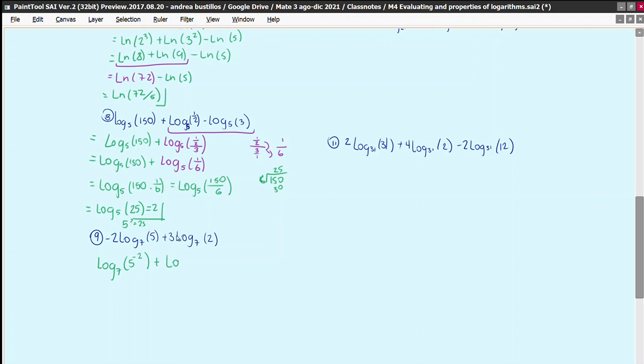And then logarithm base 7 of 2 to the power of 3. Now, I'm going to simplify this by logarithm base 7 of 1 over 25 plus logarithm base 7 of 8. Next, the property I can use because we have two logarithms adding each other, this is logarithm base 7 of the product of 1/25 times 8, and this is 8 over 25. This cannot be simplified any further because there is no way that 7